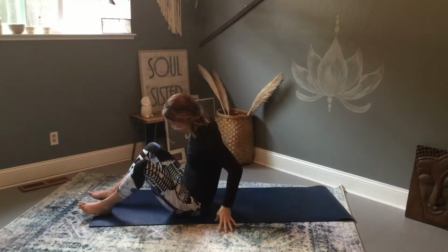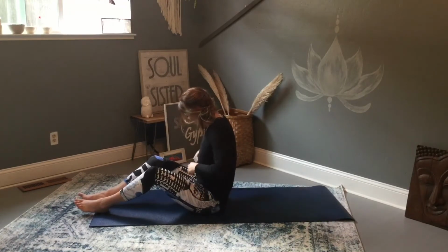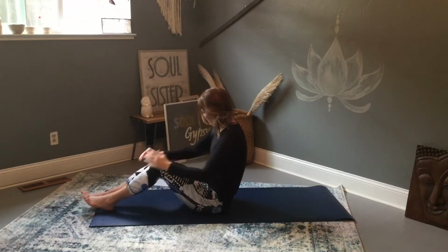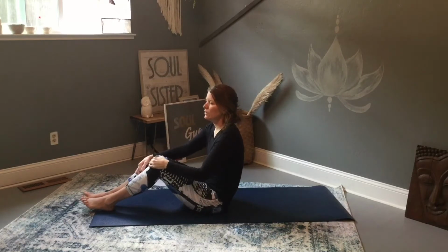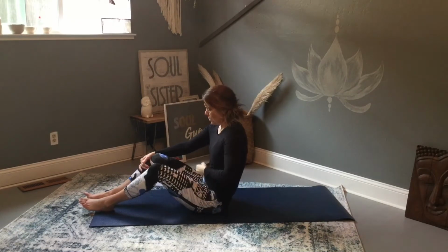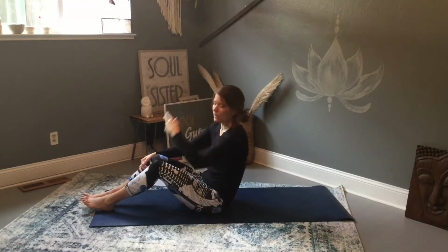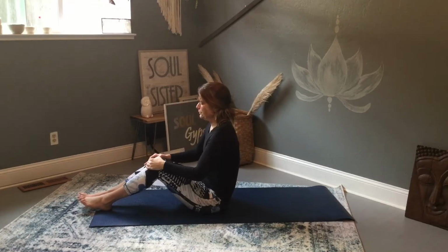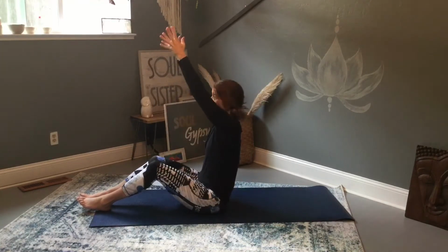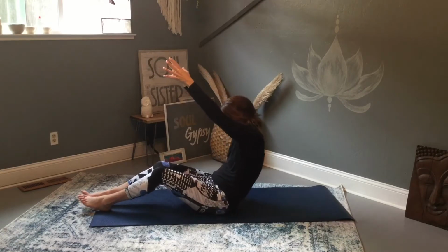A little different arm movement on our roll down holds. So we're just going to roll down hold, but we're going to bring our hands towards our chest. So it's kind of like our rowing exercise, which we're going to go into next. And then when we lift up from that roll down hold, we're going to extend our arms all the way up, okay? So go ahead and start with your arms extended all the way up. And when I roll down, collapse, I'm going to bring my hands down,